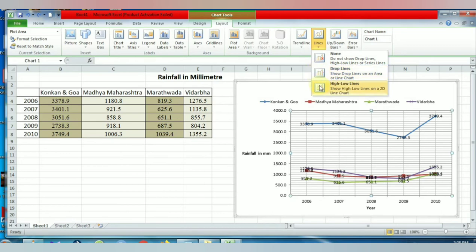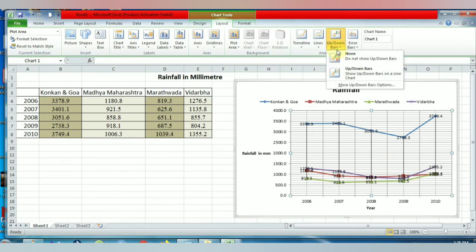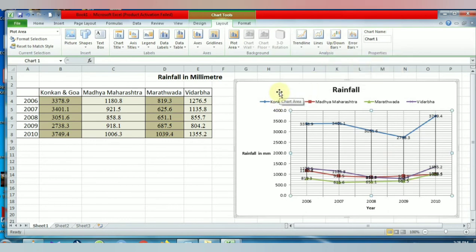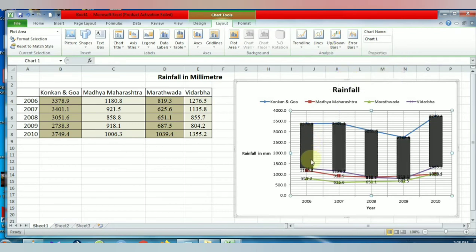Similarly, using the lines option, we can add the lines in the chart. Then I will select one type of line, and you can see these types of lines will be made available on the chart area. Using the next option of up-down bars, we can insert the bars instead of these lines in the chart. Select the up-down bars, click on that option.